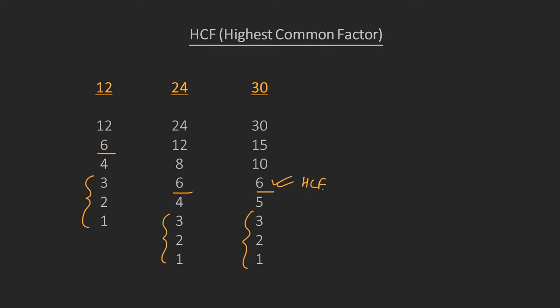Alright, with that, it's time to dive into the real business. How to find the HCF for a set of numbers in your head. So, find the HCF of 12, 24, and 30. These are the same numbers that we just worked with. Now, here's what you do. You take the smallest of the given numbers, in this case 12, and then you go through the factors of this number one by one, starting with the largest.